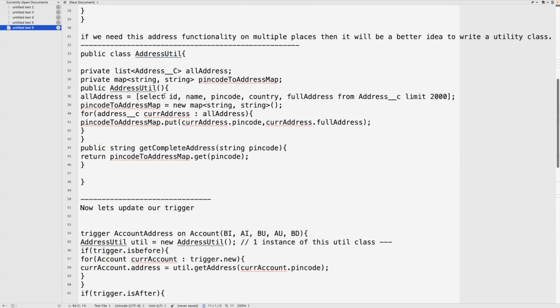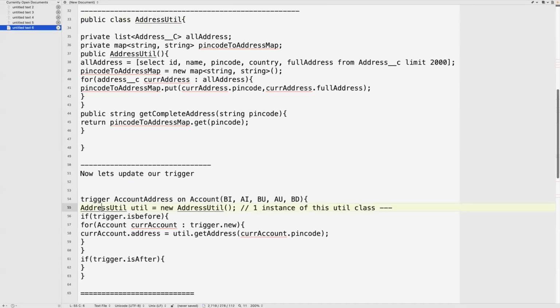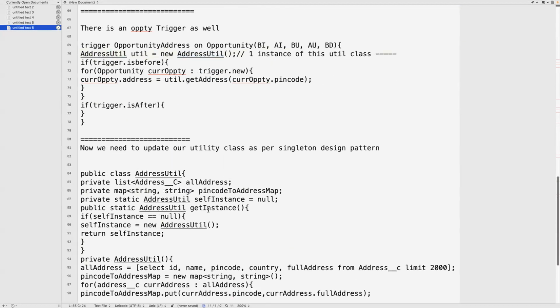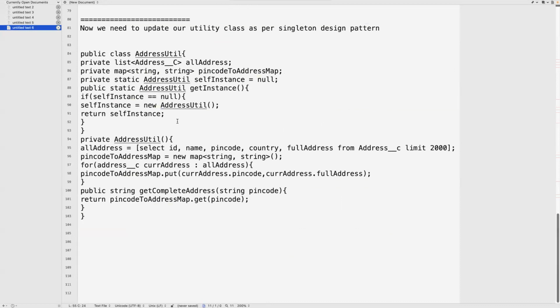How are we creating the instance of this? We are creating the instance like this. So earlier we were creating the instance like this. Here, what I'm doing now is checking if, in the same transaction, the instance has already been created, then use that